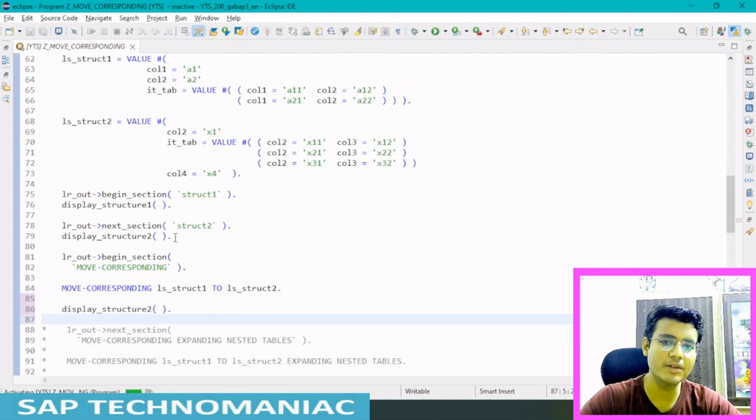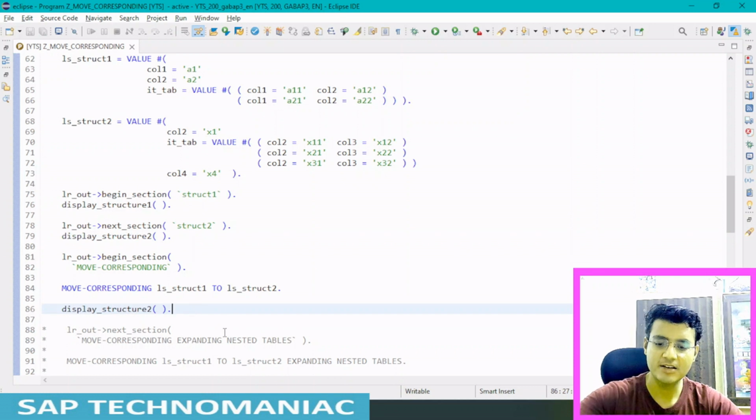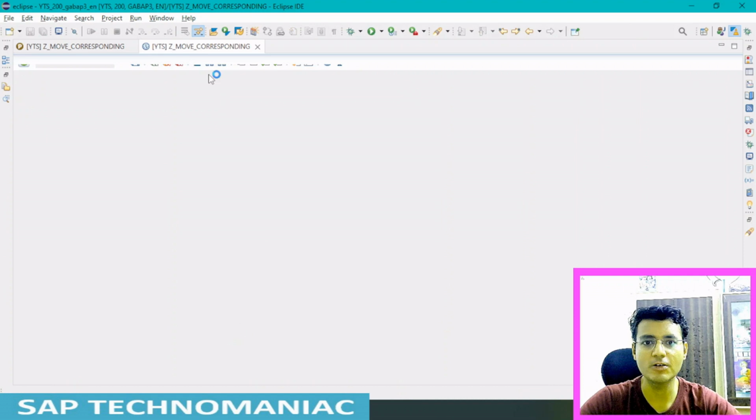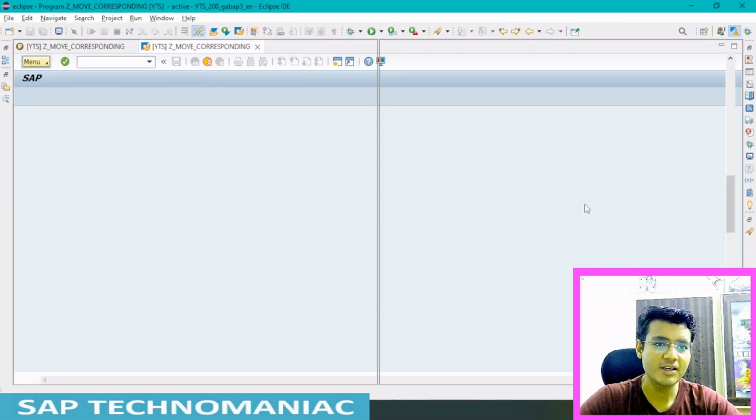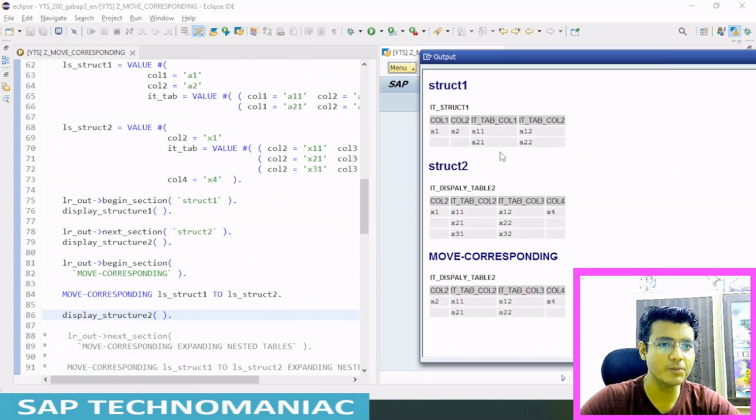After moving, we displayed structure 1 before moving to structure 2. After moving from structure 1 to structure 2, I want to display it. Control F8, I will do. Let me open it in parallel, so you can see how it works after the move.